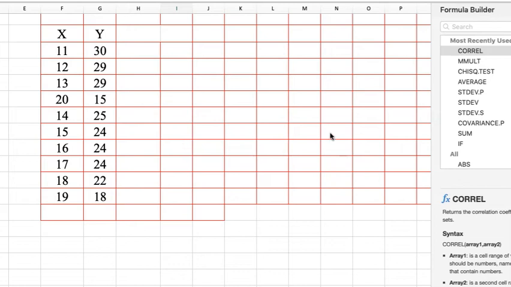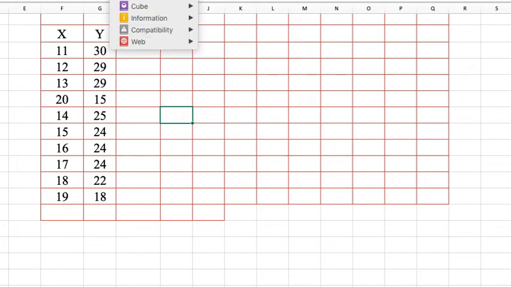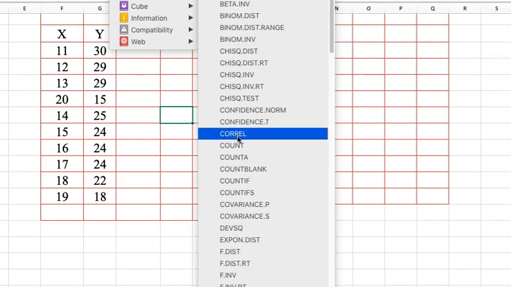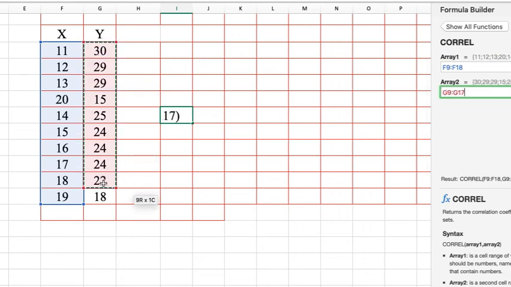Now as we are here in the Excel sheet, this is the data, this is the price value, and this is the supply value. What we are going to do now, the path is to go to Formulas. In Formulas, we have More Functions. In More Functions, go to Statistical. In Statistical, we have CORREL. We have to click on this. Here we get the correlation arguments, array 1 and array 2. Take the price values in array 1, and in array 2 take these supply values, and press enter.